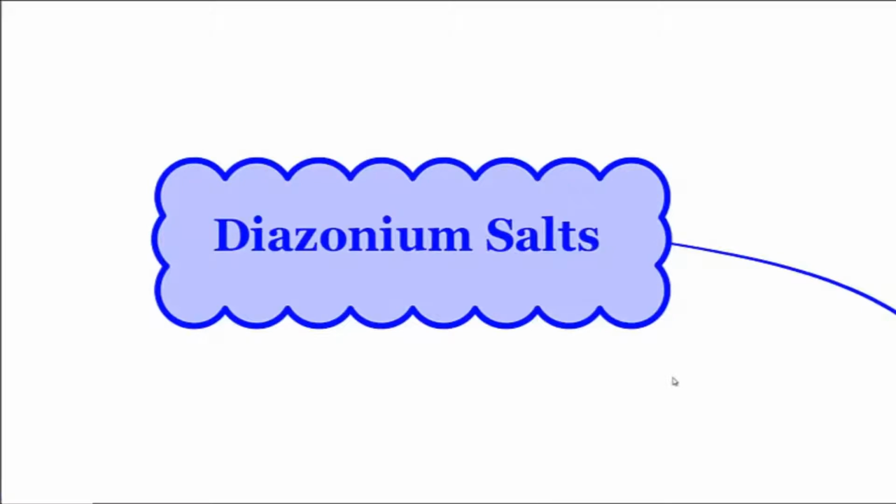N double bond N is there along with the halogen attached to that, then we call it a diazonium salt. If this diazonium salt has got attachment with benzene ring, then we call it benzene diazonium salt. That halogen can be any halogen, maybe chlorine or maybe fluorine, anything can be attached to this. Then accordingly we change the name as benzene diazonium chloride if it is Cl, benzene diazonium bromide if it is Br, and benzene diazonium iodide if it is I.